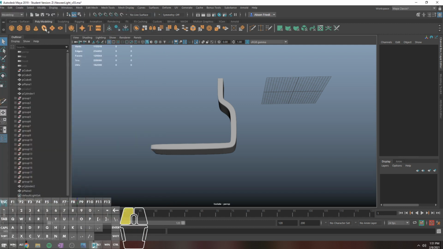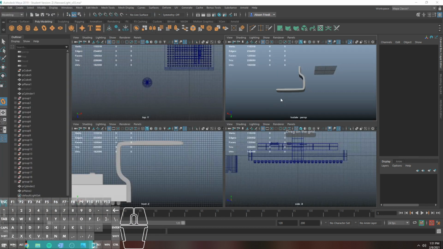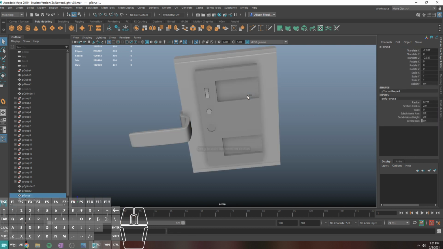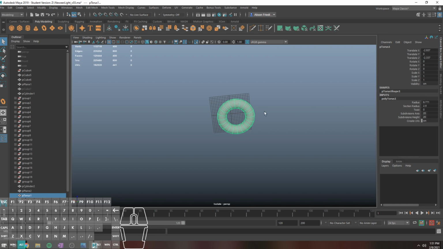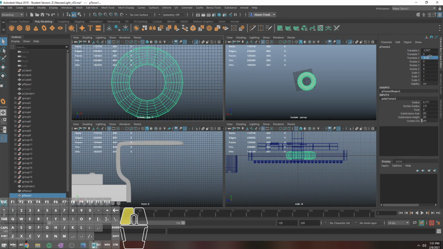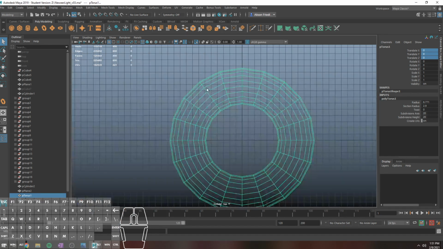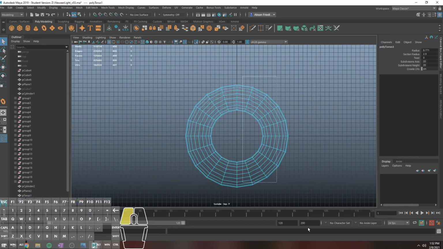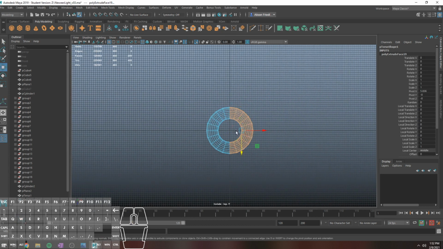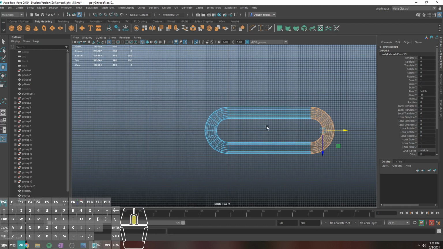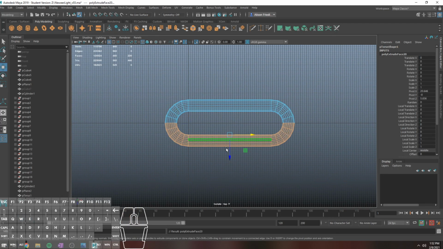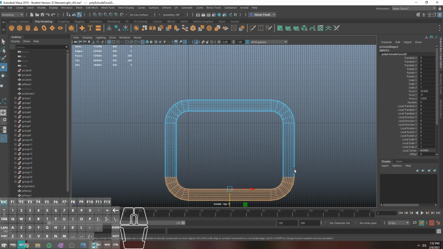There's also, if there's like a metal band running around the front of this thing, the easiest way to recreate that is start with a torus, and I'm going to blatantly ignore the overall size of this thing. I'm just going to center on the origin. Easiest way to recreate that metal band, if you want the nice sort of modeled edges in here, is grab half of this, extrude it out, and I'm just grabbing the faces right now. So grab half of those faces, Control E to extrude them out, and now you have that nice metal band,